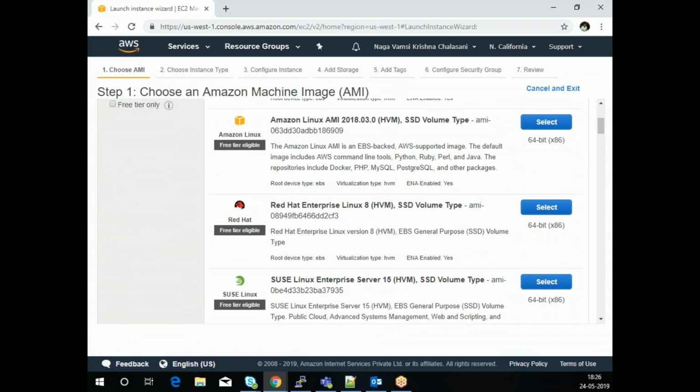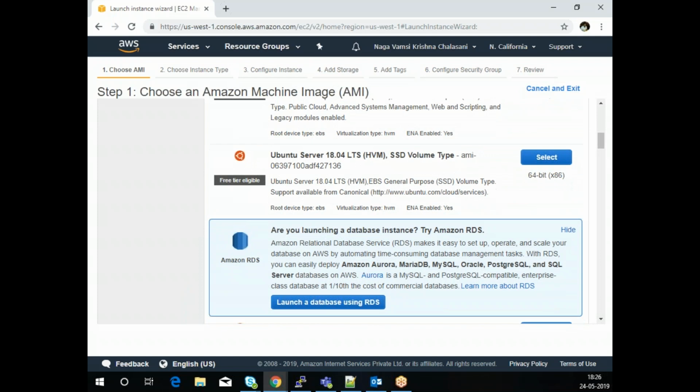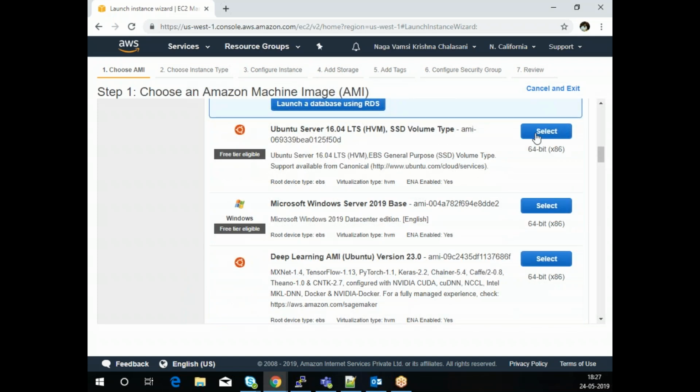And this is the Amazon Machine Image page. Amazon Machine Image, AMI, is nothing but what kind of OS you are using and what kind of software, like Python or .NET, whatever software you require on your server, we can select here. If you can see here, we got Red Hat, SUSE Linux, Ubuntu server, and I'll be selecting Ubuntu 16.04,